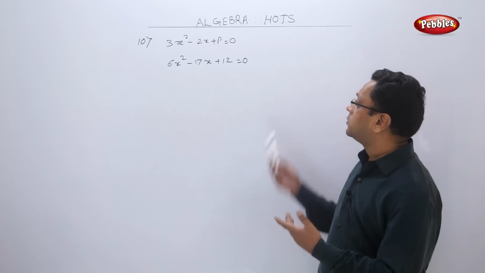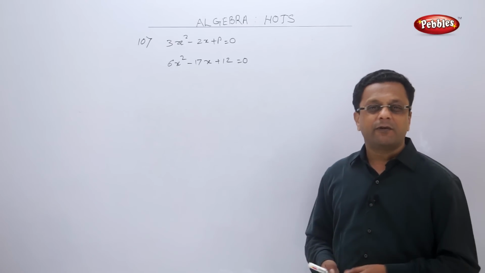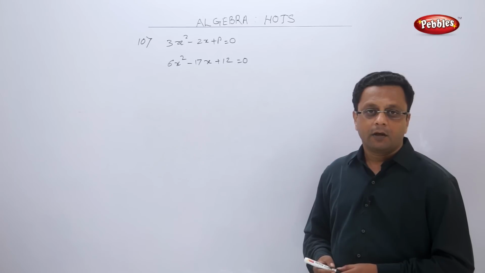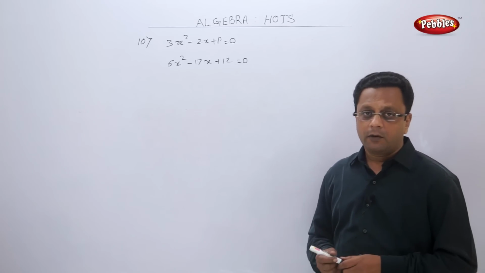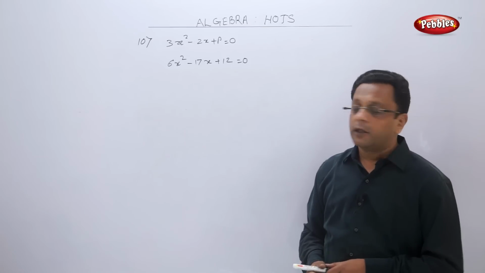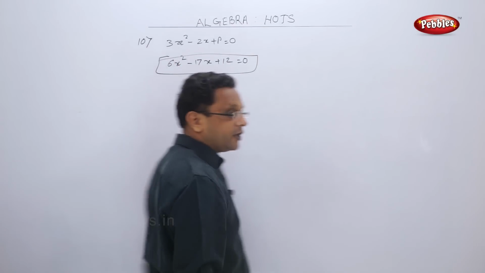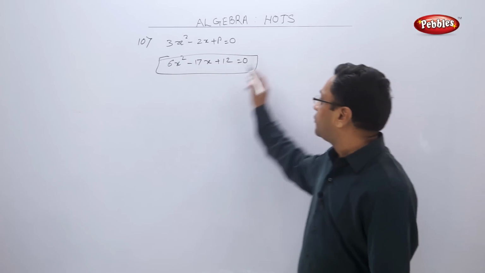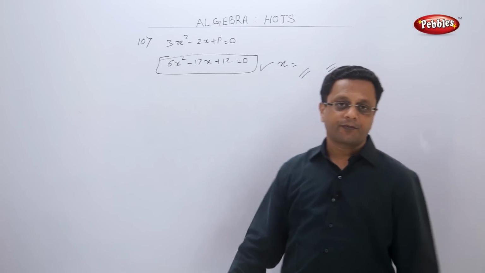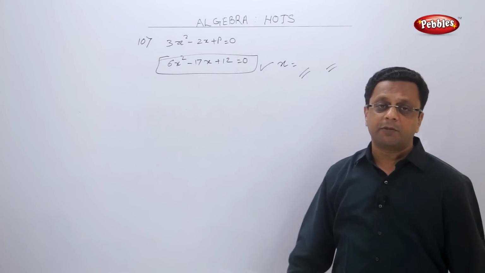I don't know why this example is included in this HOTS, because this is a very simple example. Okay, how will you find this? You know that if roots are common, then you can first find the value of x from this equation. Very easy. You may get two values from here, and if these are the common roots of this equation too, that means